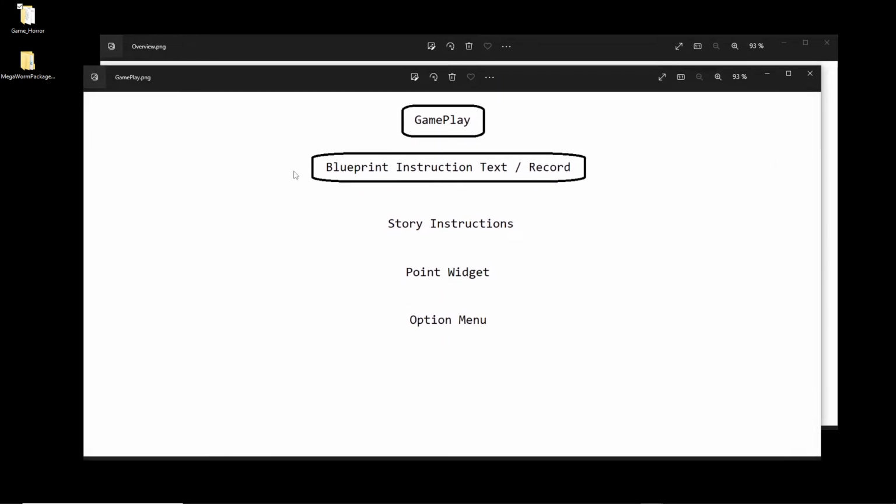We finished the first part, that was this blueprint with this table and all these records which we put in, and now we can use this very easily. That's very nice because we need this for our story instructions. So the next step is that we create the gameplay story. We say what the player should do, what he can achieve, and all this kind of stuff. We have to instruct the player through the story a little bit, and we will do it with what we created. And then of course we need this point widget we created in our last video,